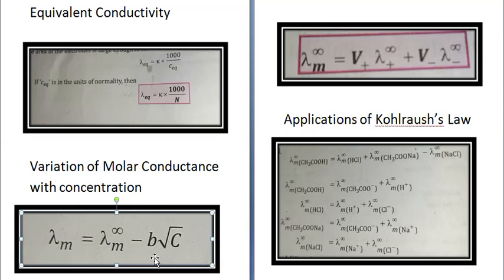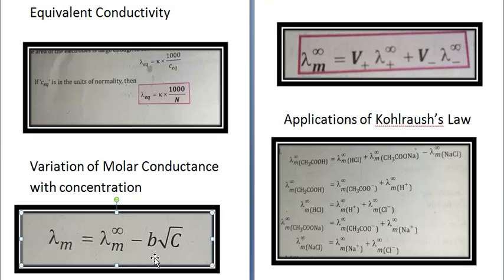Now for a weak electrolyte, there is a large increase in conductance with dilution, especially near infinite dilution, because concentration of the weak electrolyte is reduced. As the concentration reduces, more of it ionizes. Hence, extrapolation to zero concentration is not possible to determine the lambda m infinity for a weak electrolyte.